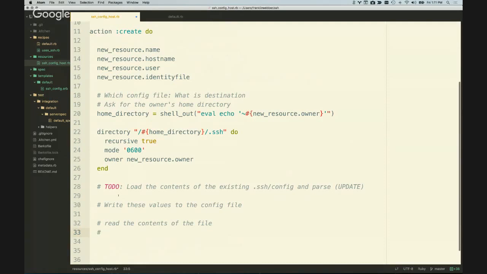I'm gonna do it in a Ruby sort of ugly Ruby way here for the last few minutes we have. Read the contents of the file. After I read the contents of the file, I'm going to render the new resource content in the format to append to file, and then I'm going to append